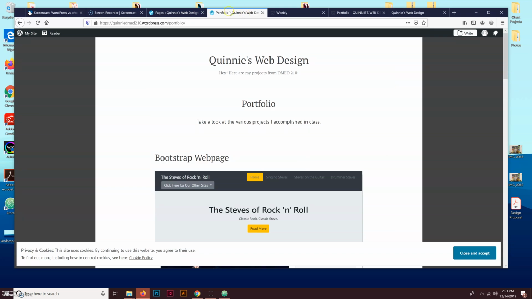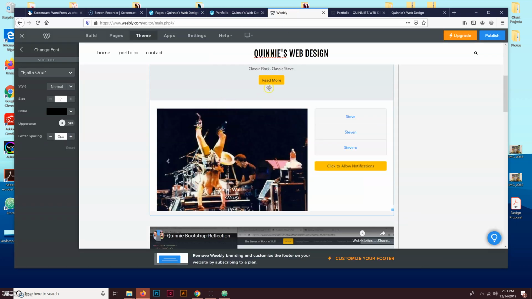You can customize it so much further than with WordPress, and it's free. You don't have to pay for that CSS. So that is a huge advantage. And overall, I think Weebly is the easiest to understand out of the three I'm talking about today. It's probably my favorite. So that was the two. Let's talk about